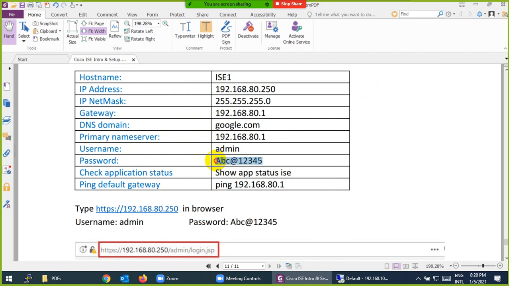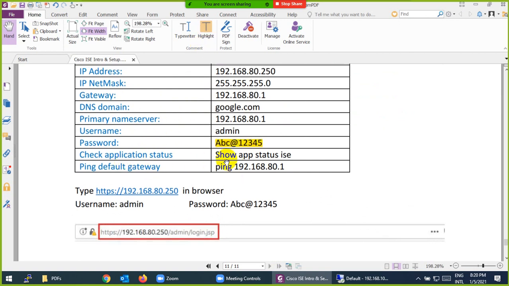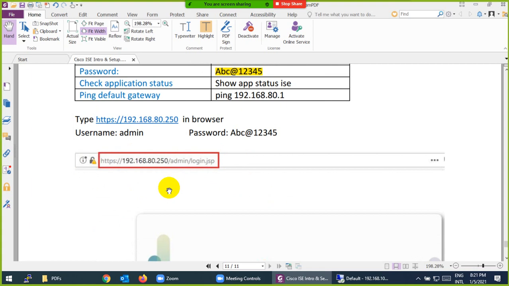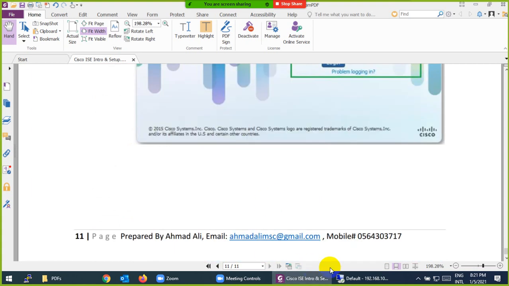In this case I will use abc@12345. When it's done, you can check show application status ise to see if everything is running, because it will take some time to start all the applications. Then you can ping your gateway and type the IP in your browser to access Cisco ISE and log in.